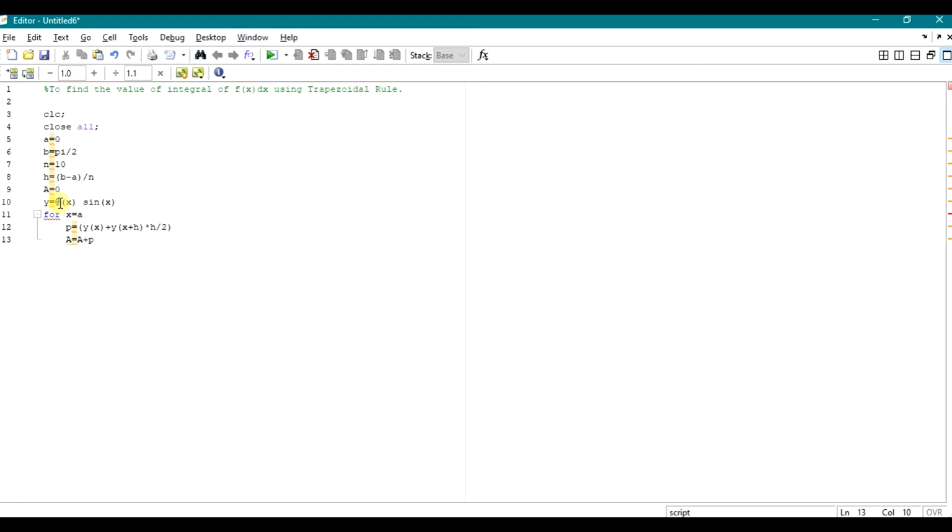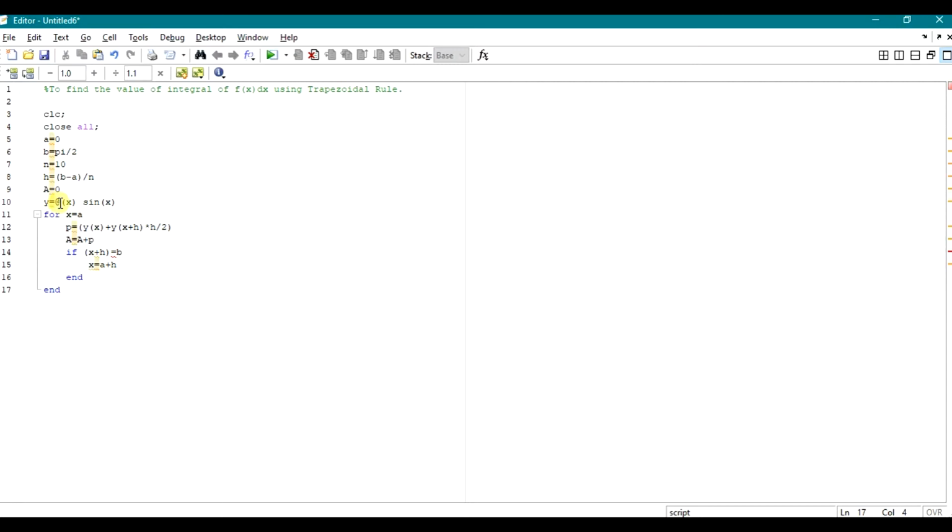Okay, small p. Now we go to the if statement: if x plus h equals b. Okay, so x is equal to A plus h, A plus h, and end.